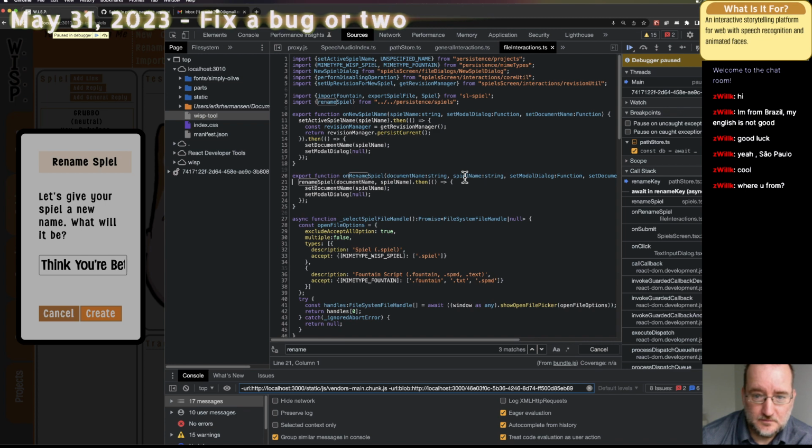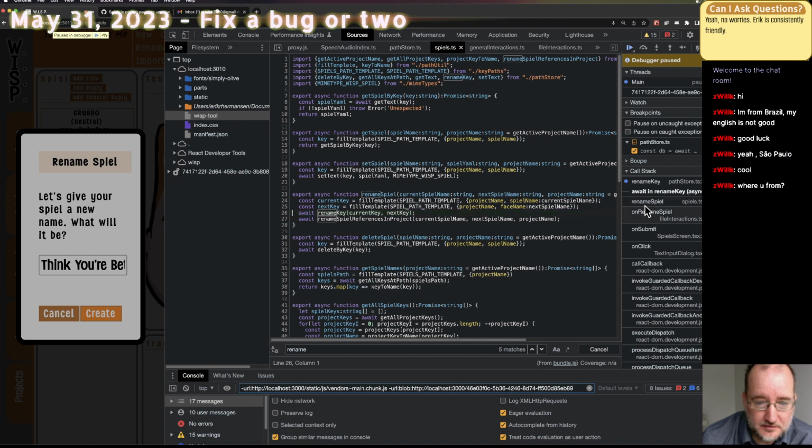Spiel name. I hate it when it doesn't have the call stack variables, because I'm like, how am I supposed to diagnose this? I gotta start over.